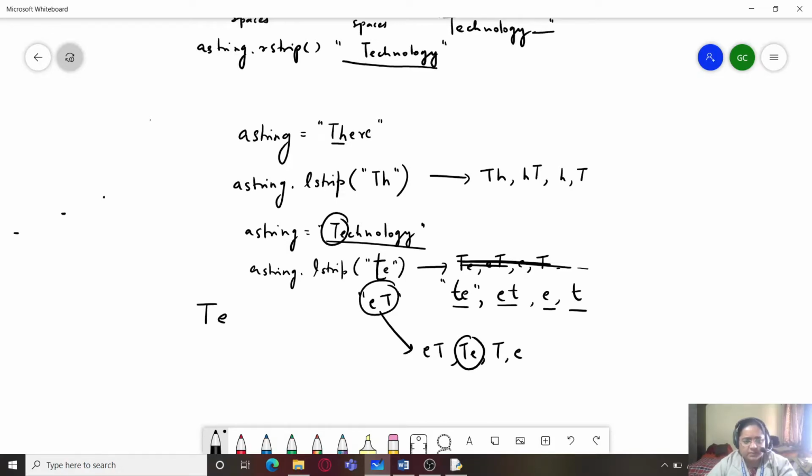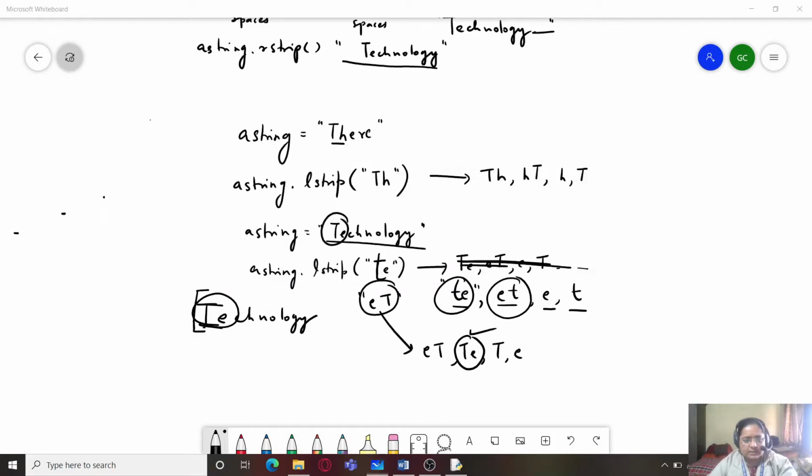The string starts from T, right? Even over here, you can see, even if we are writing small te, the left side starts from T. So this function doesn't get any combination on the left side. It doesn't get capital T on the left side. It doesn't get small e starting from the left side. Yes, a combination of TE it gets. A combination of this other one it doesn't get because it is small t. But in the second one, it gets this combination over here. That is the reason why this is stripped off from the string.